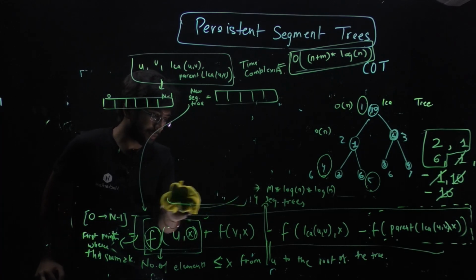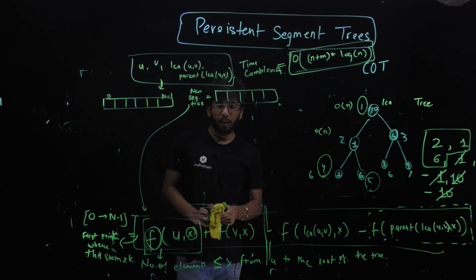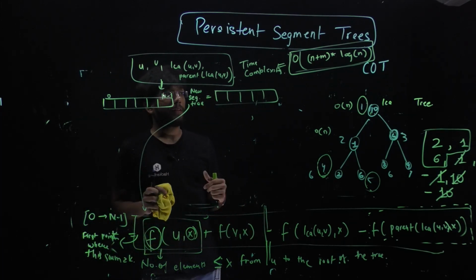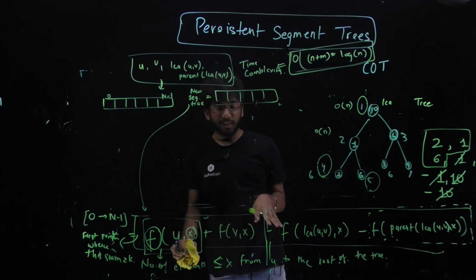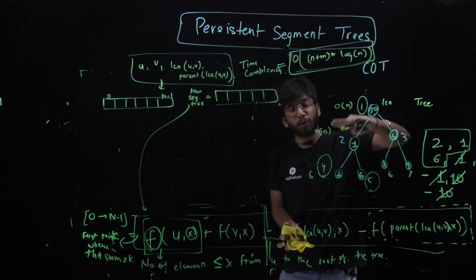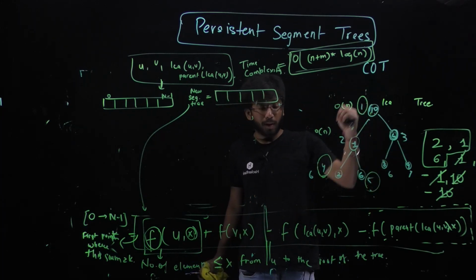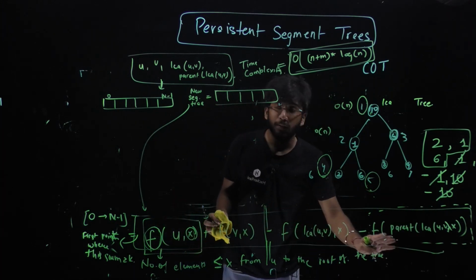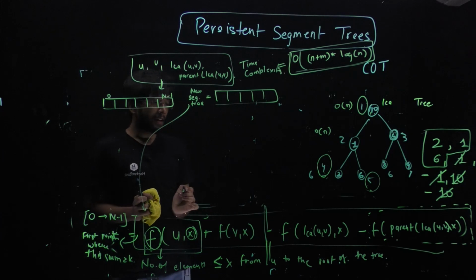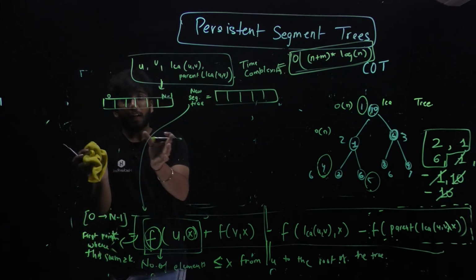Absolutely, because if I consider this, what this stores is all the nodes, it stores the frequency of everyone that's present from U to the root. This stores the frequency of everyone that's present from V to X, and so on and so forth. Same for this and same for this. So the new segment tree would actually just be a combination of all of these working on the same set